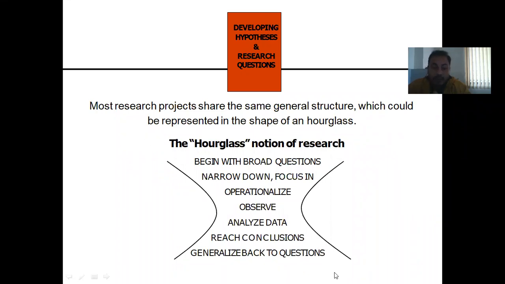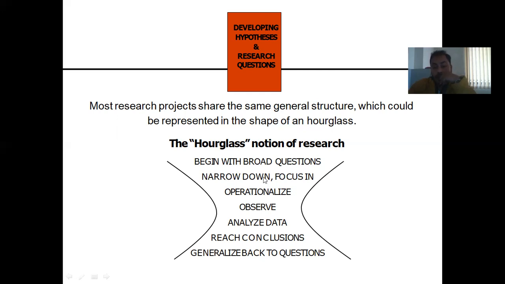So most research projects share the same general structure that could be represented in the shape of an hourglass. The hourglass notion of research, please kindly focus on this, which is very important. The hourglass notion of research means begin with broad questions,